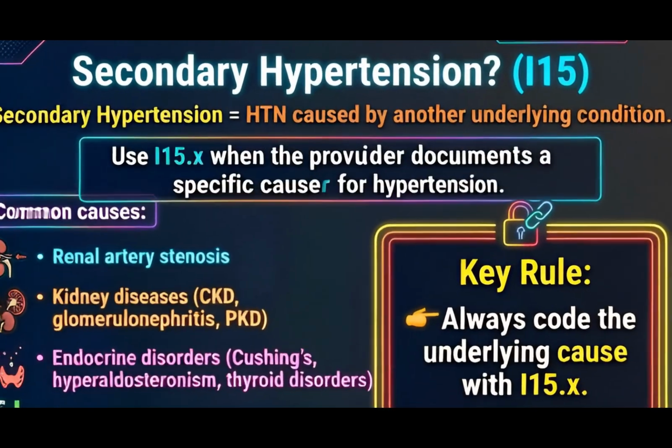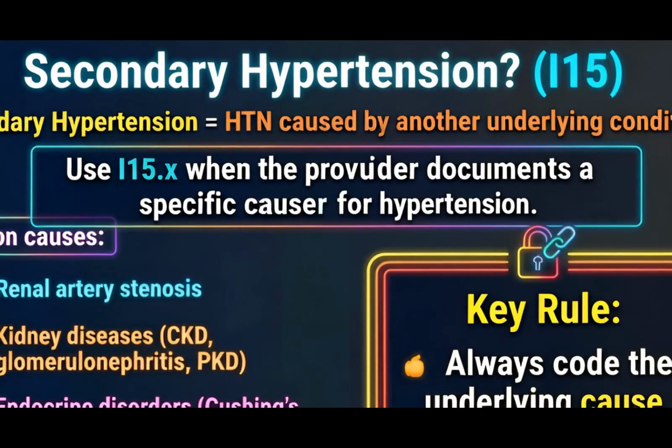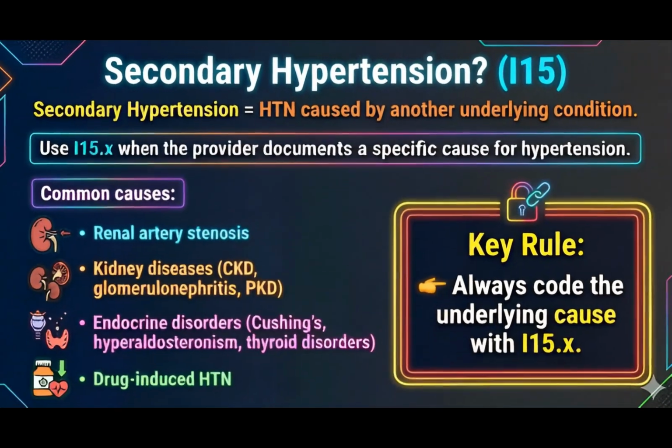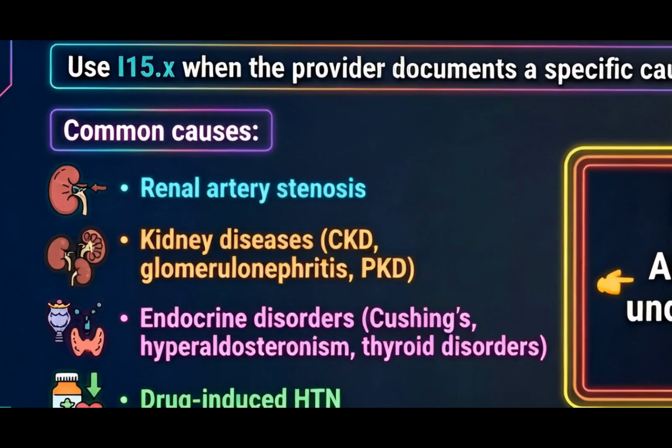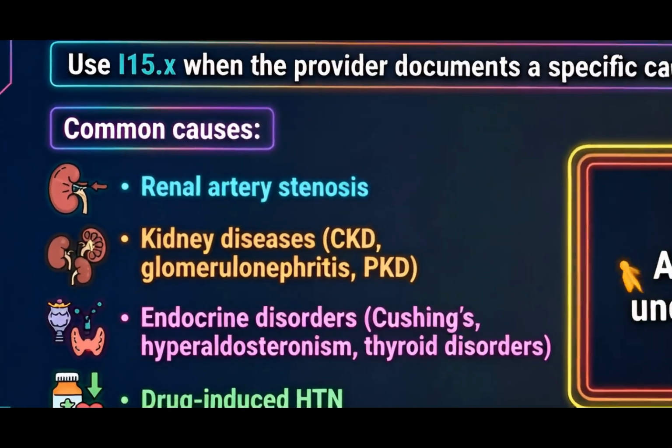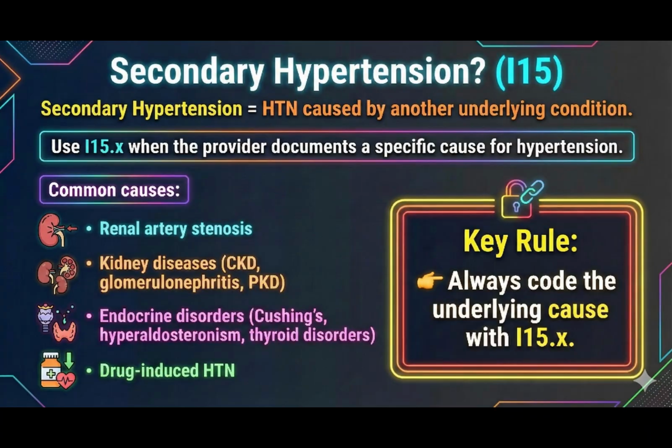You use I15.x only when the provider clearly documents a specific cause for the hypertension. Some of the most common causes include renal artery stenosis, various kidney diseases such as CKD, glomerulonephritis, or polycystic kidney disease,